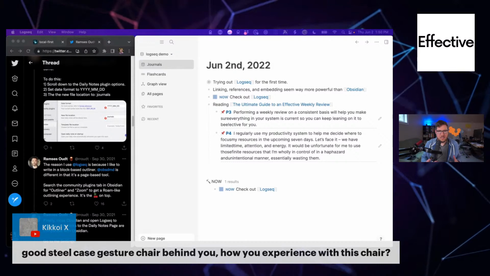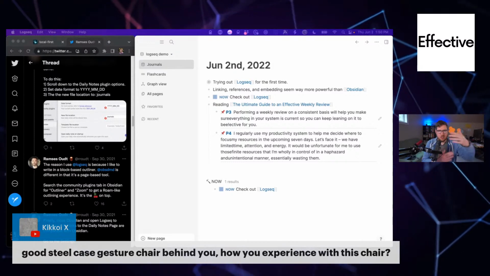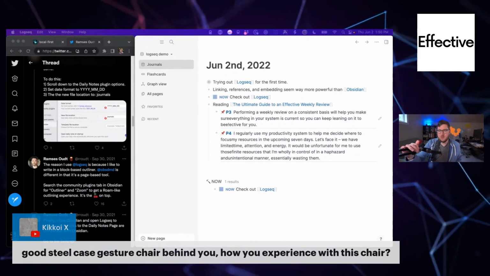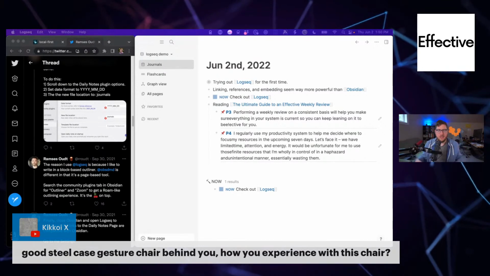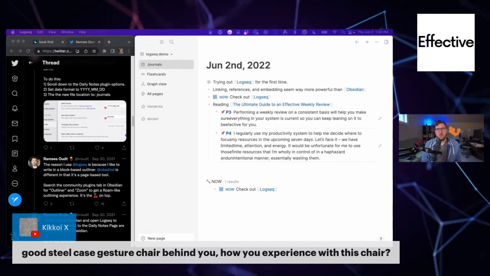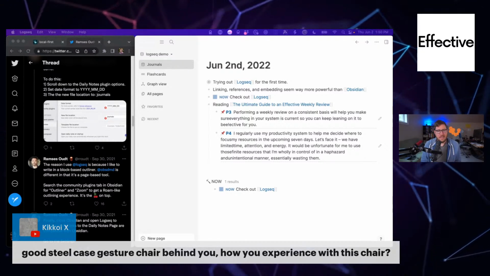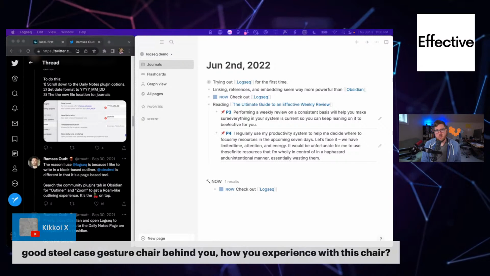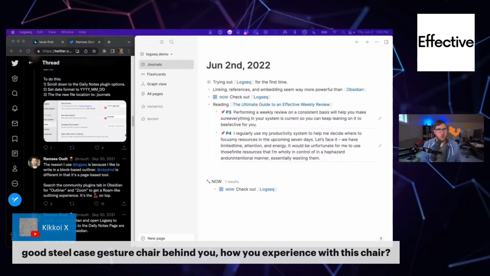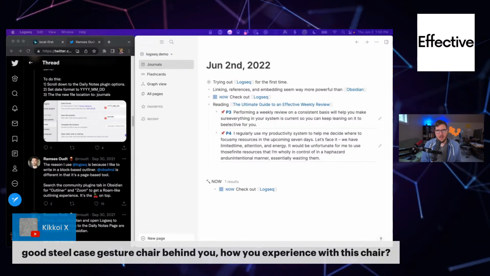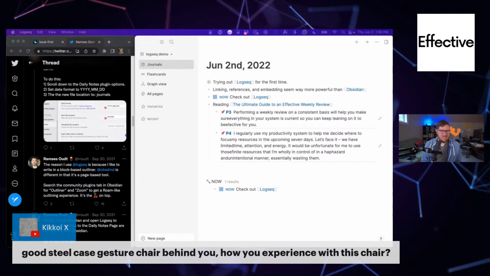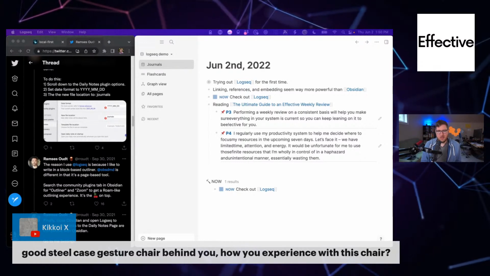Like, my legs have enough space. It's adjustable. I can adjust the depth of the seat if I need to. Every little bit about it is adjustable in a helpful way. One thing about the Steelcase Gesture that I will say is if you want a headrest, order it with the headrest. Otherwise, it's kind of a nightmare to deal with.